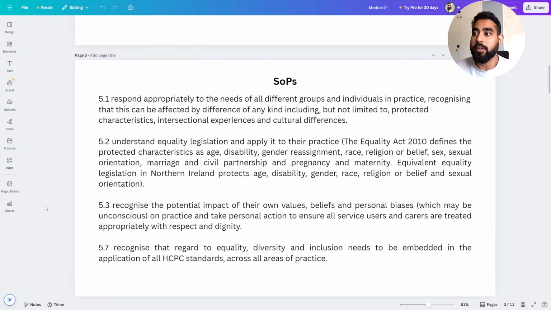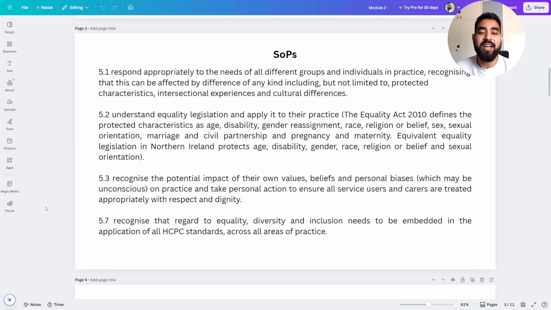Well, before we do that, let's actually look at the SOPs. What standards of proficiency does this evidence cover? We've got 5.1. I'll bring out a highlighter. Respond appropriately to the needs of all different groups and individuals in practice. So I'm going to highlight appropriately. Recognizing that this can be affected by difference of any kind, including but not limited to protected characteristics, intersectional experiences, and cultural differences. 5.2, understand equality legislation